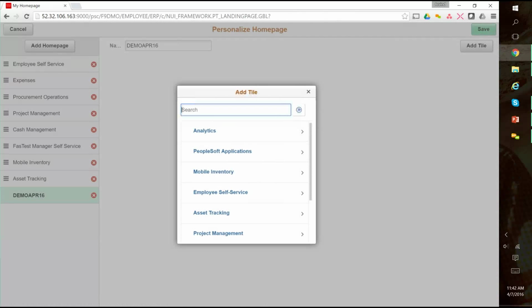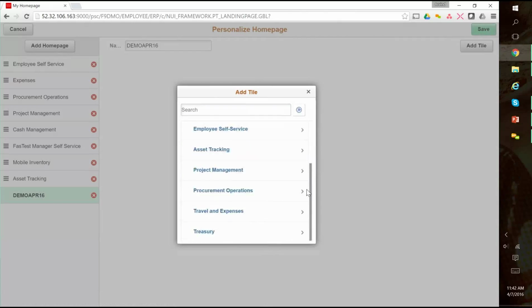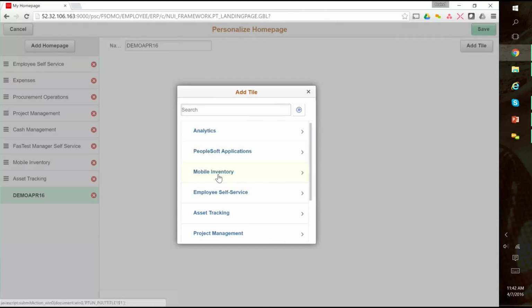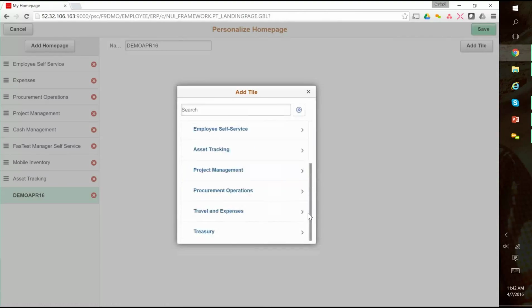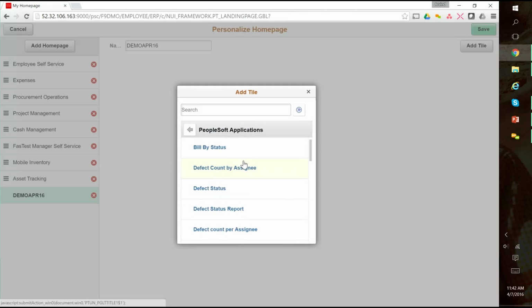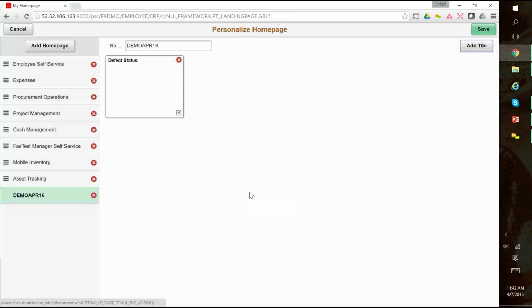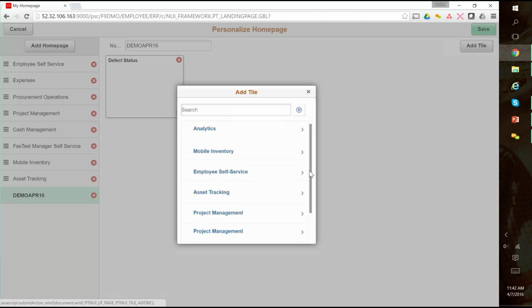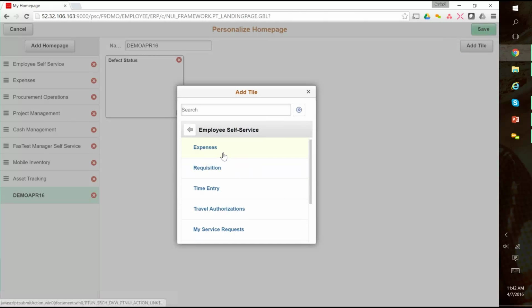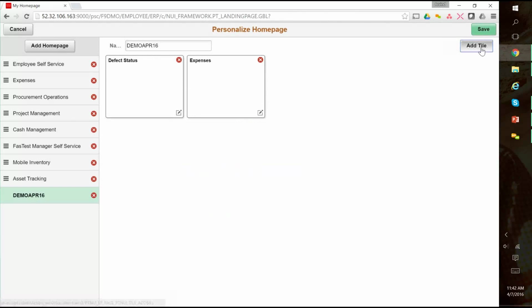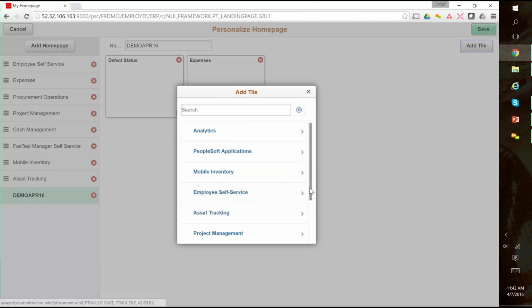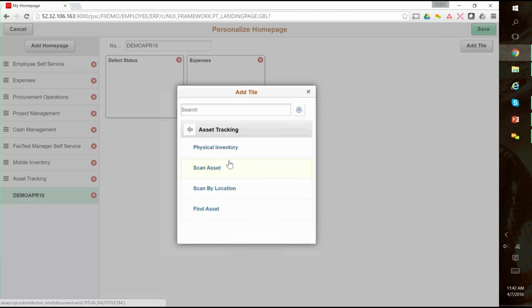as I would like. So I can go and look at tiles by grouping. These are called folders that PeopleSoft provides, and all the pre-built tiles are organized in some hierarchy like this. So you can do that, or you can say, I've created some of my own tiles. So maybe I want to add defect status, which is a custom tile that we've built, but maybe I want to add a self-service tile. So I want to add expenses because I think that's something that I'll be looking at daily because I'm on the road quite often. And I want to look at something by asset, so I want an easy way to